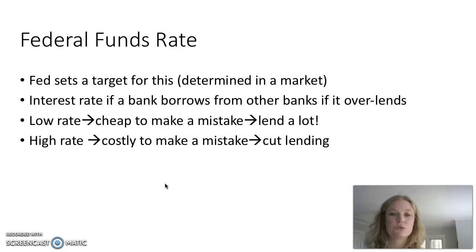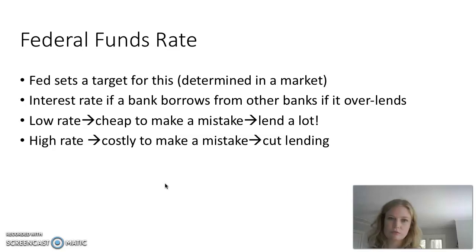pay for screwing up. Okay, so think about Fred's Bank. Fred's Bank had lent out all this money, and it couldn't pay back the original person. I think it was Mary whose money it was. Mary wants her money back. Fred's like, oh my God, I don't have it. So Fred's basically got two options. Can't pay its depositors. Number one, it can borrow money from another bank. And number two, it can borrow money from the Fed. And these are overnight loans.